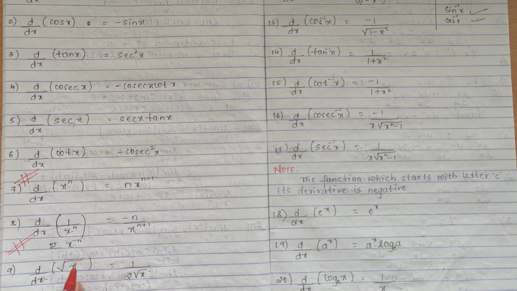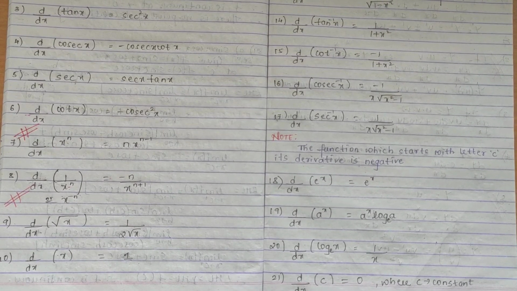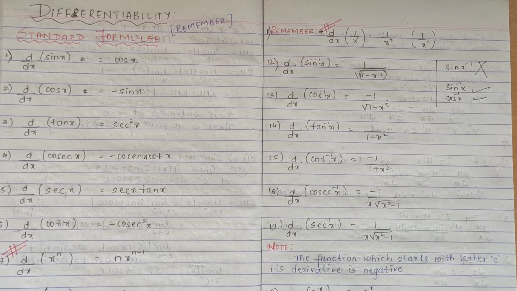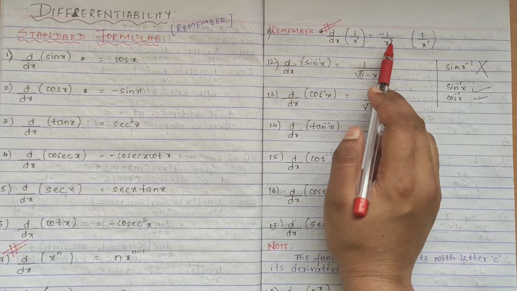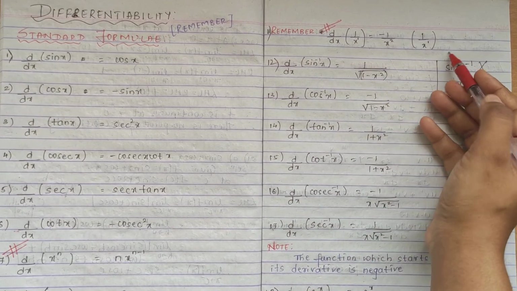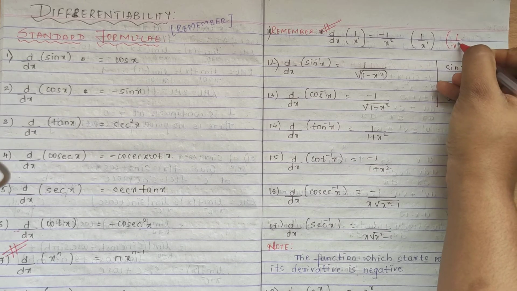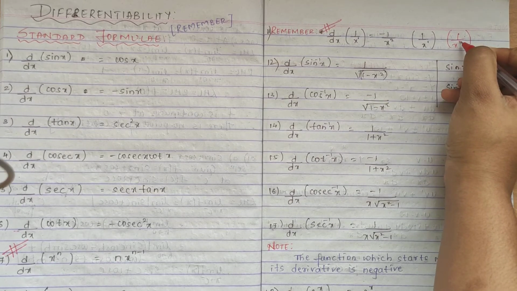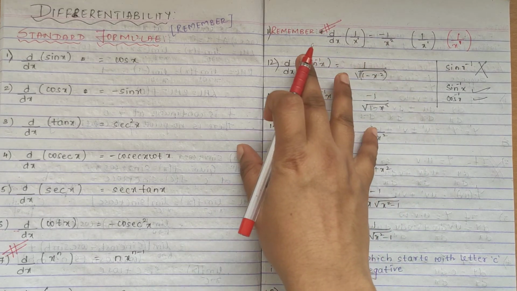Okay, differentiation of root x is 1 by 2 root x. Differentiation of x is 1. And one more, you have differentiation of 1 by x. Differentiation of 1 by x is equal to minus 1 by x square. See, 1 by x means what? It is like 1 by x raised to 1, right? Whatever it is, raised to 1, it is minus 1 by x square. That was your algebraic part.